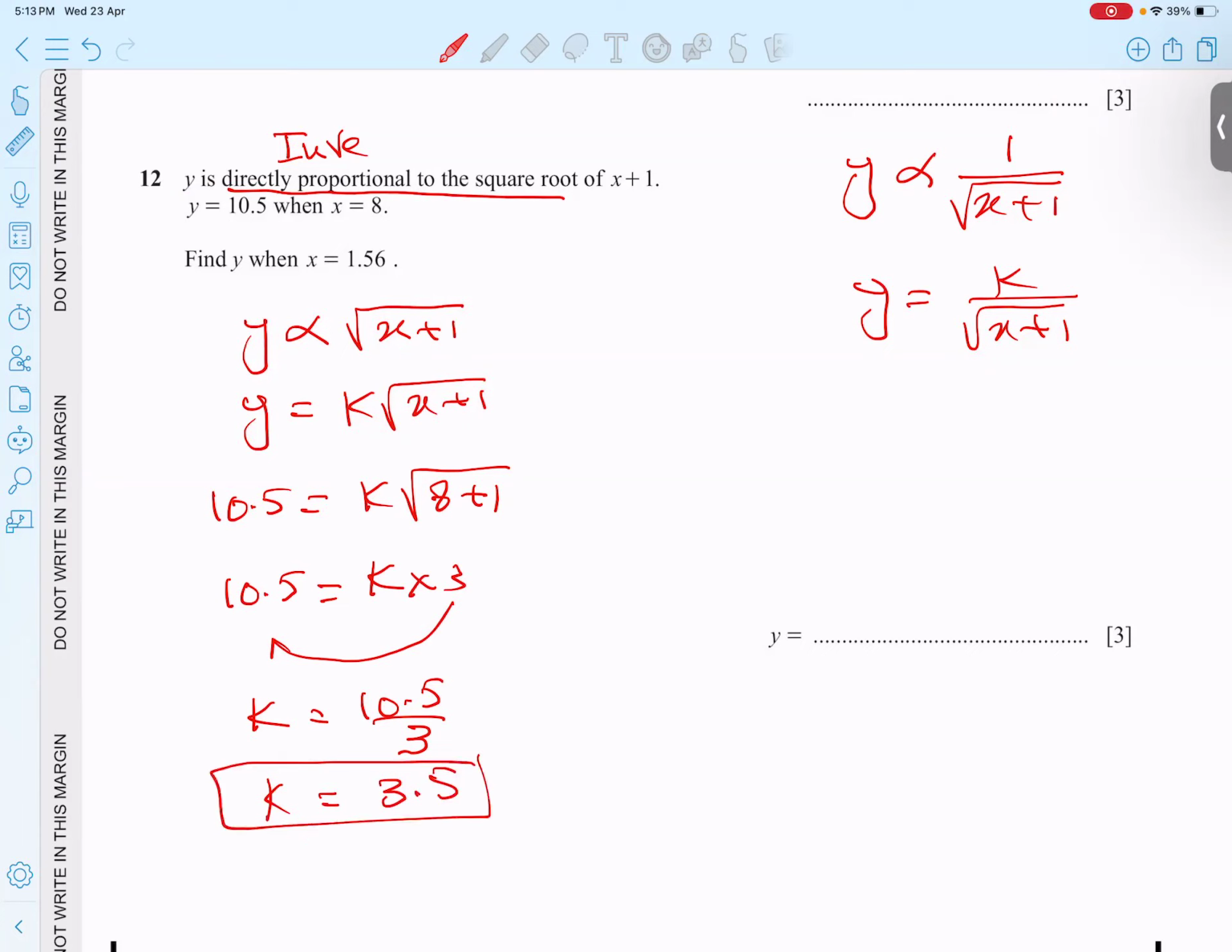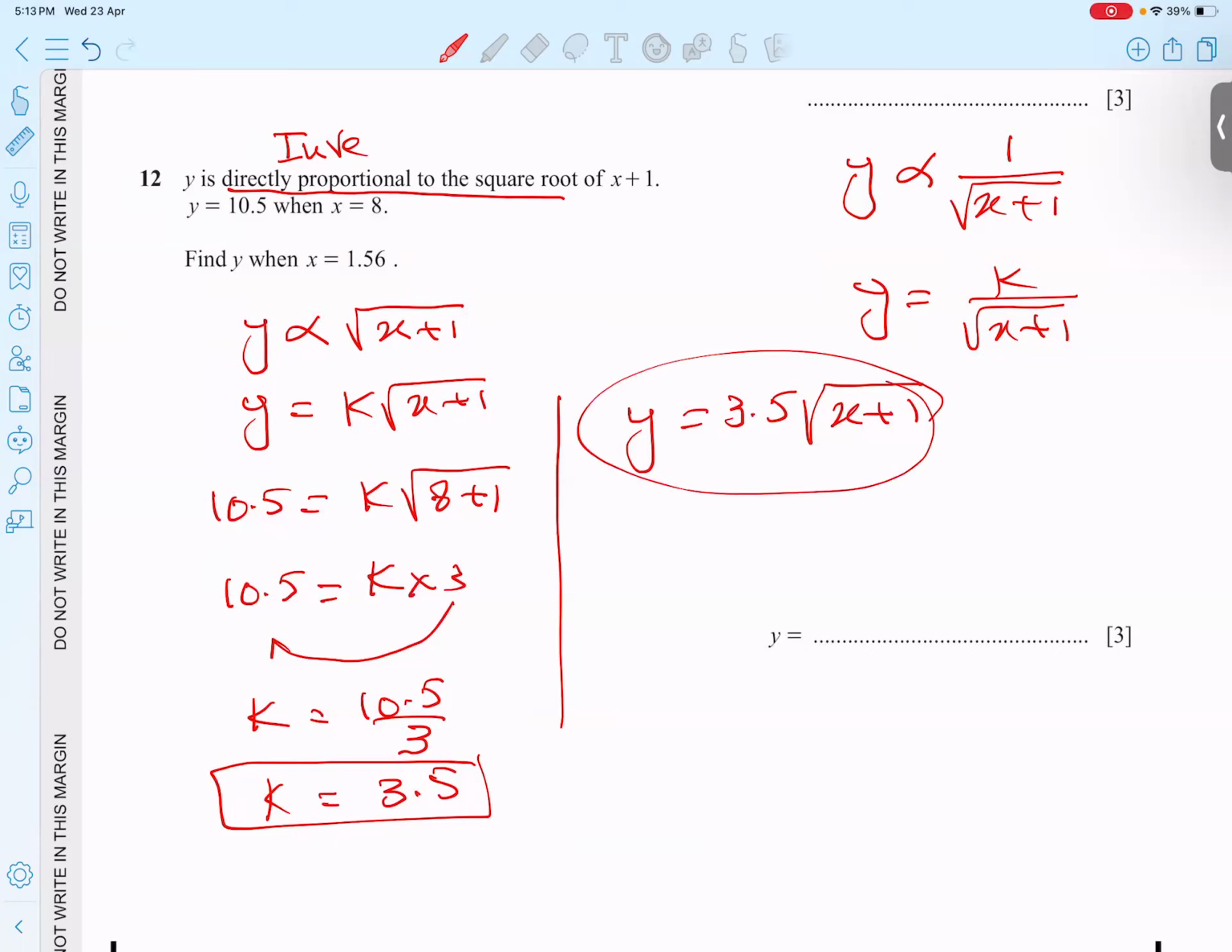Try your level best not to use a calculator. Don't leave it here. Plug it back into the equation. So when I plug it back into the equation, students, I get y equals 3.5 times 2, x plus 1. Sometimes he asks for y in terms of x, so we have to stop here. But now he's not saying that. He said put the x value